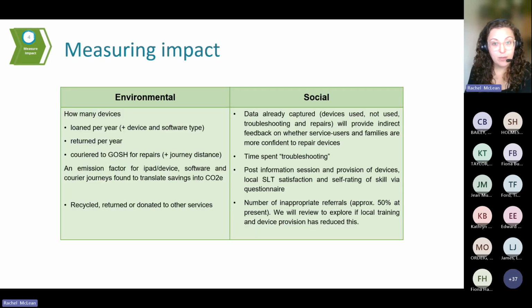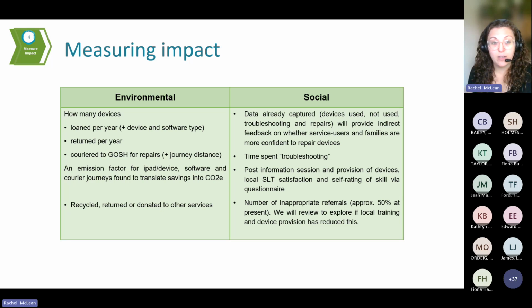And so in terms of measuring impacts, the team did consider the full sustainable value equation. So they considered measures for clinical, environmental, social, and financial impacts. I'm just going to focus on environmental and social for the presentation. But in terms of environmental measures, the team are going to continue to measure how many devices are loaned per